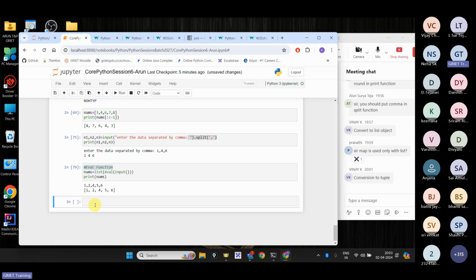Before I wind up, as I told you, for your assessment exam there will be questions based on pattern problems, data types, basic operations, mathematical operations, logical analysis, then string slicing, and basics of list, not in detail. I just want you guys to know the basics of list operations. So spare me 5 more minutes. Just 5 more minutes. We will wind up